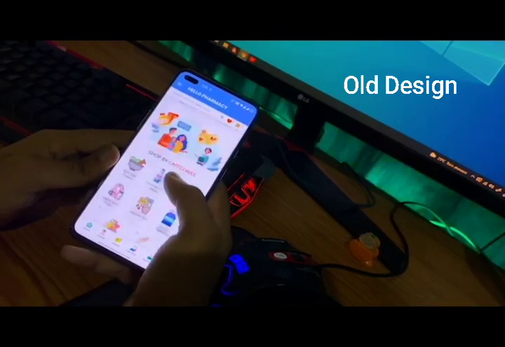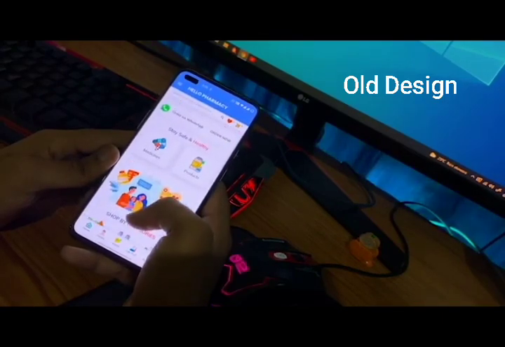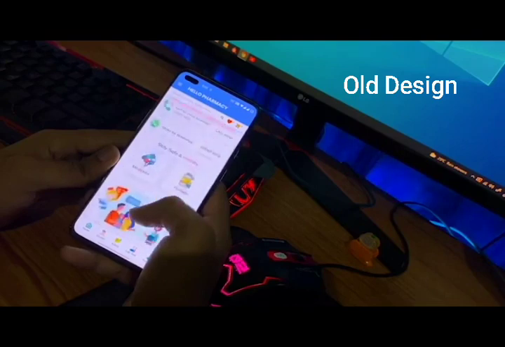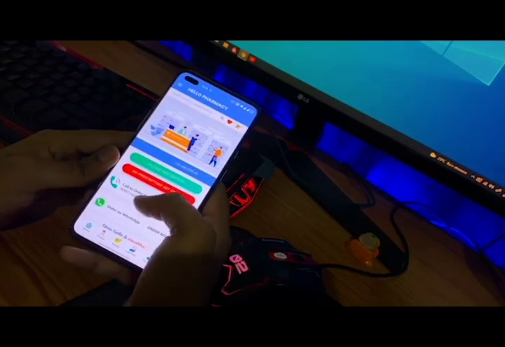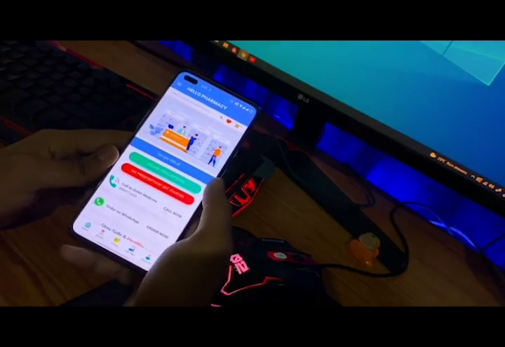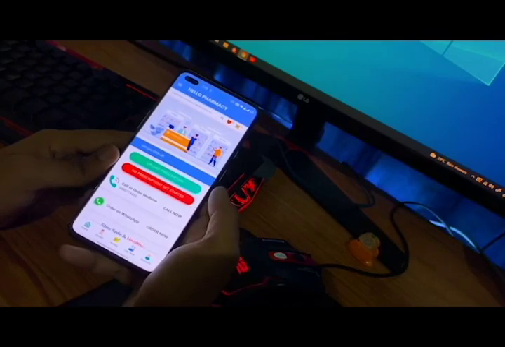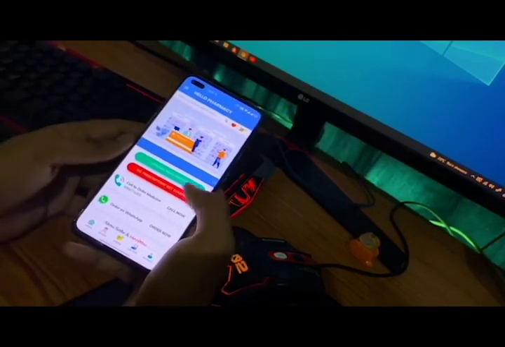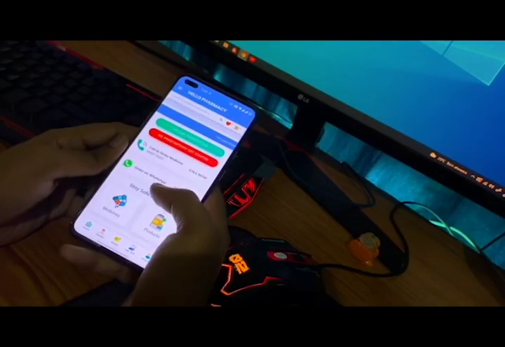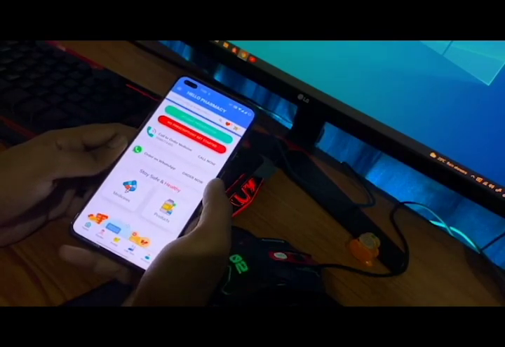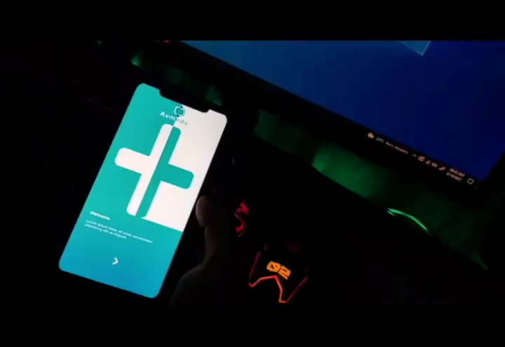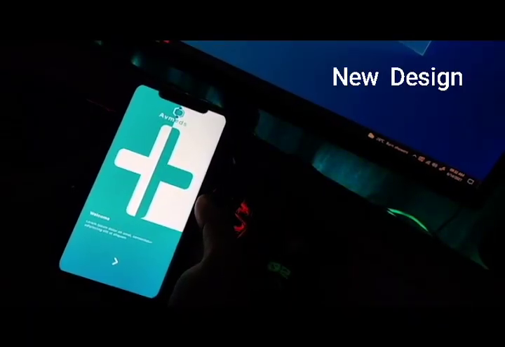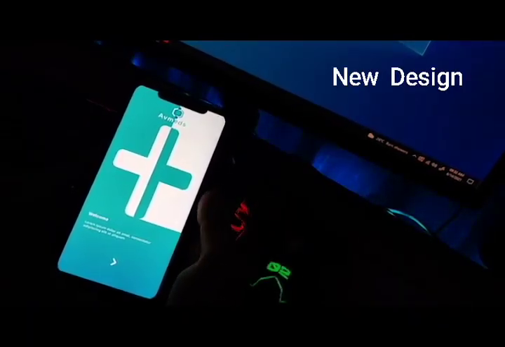Starting from the old design, I will explain what I found when I overviewed the app. The first thing I noticed is that the journey of the application is inappropriate. When I installed the app, I was directly thrown into the application dashboard. The first thing that should be corrected here is the intro of the application, like what the application is, their facilities and their features.